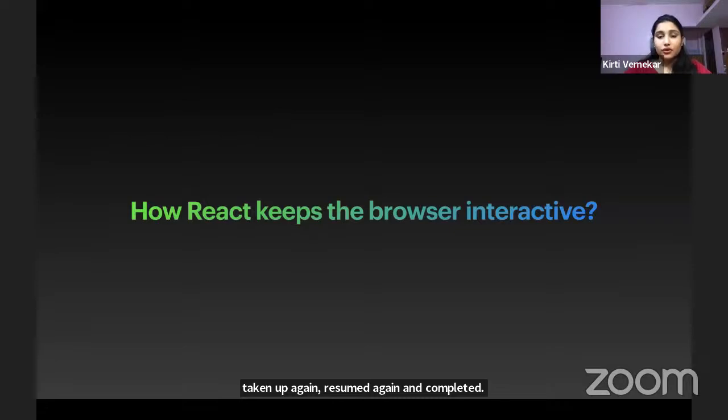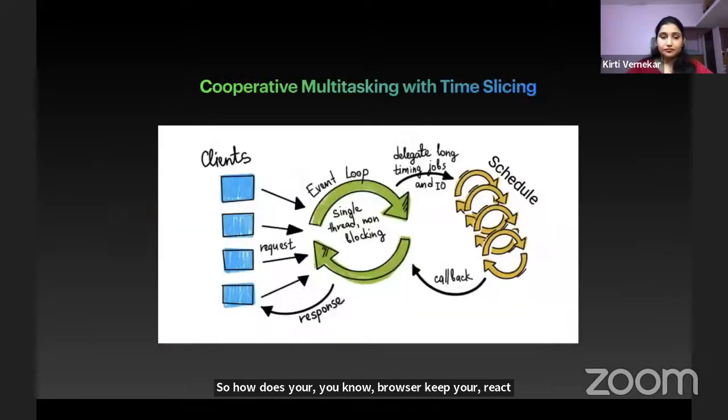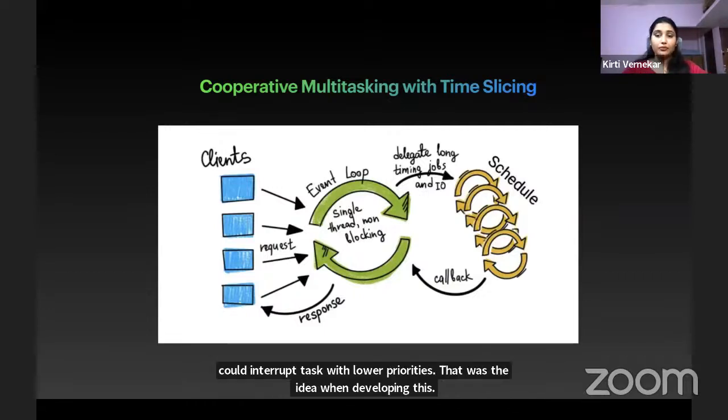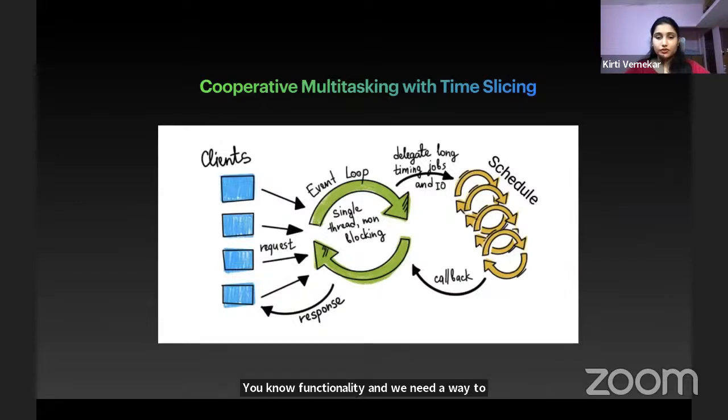So how does React keep your browser interactive in this sense? In concurrent mode, tasks with higher priorities can interrupt tasks with lower priorities. That was the idea when developing this functionality. And we need a way to interrupt the tasks and resume. So the team built a scheduler package in React that takes care of scheduling, prioritizing, and deferring updates. The scheduler's primary responsibility is to manage